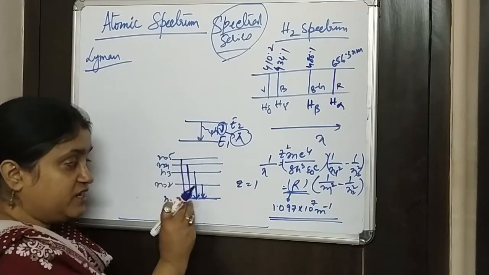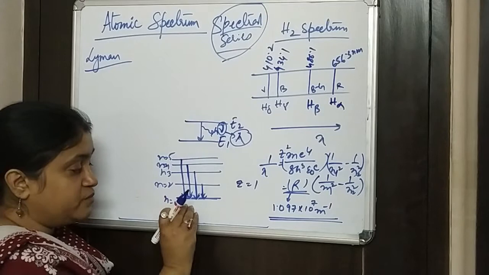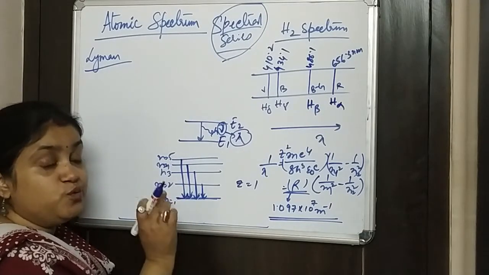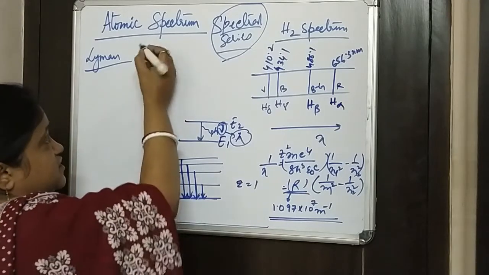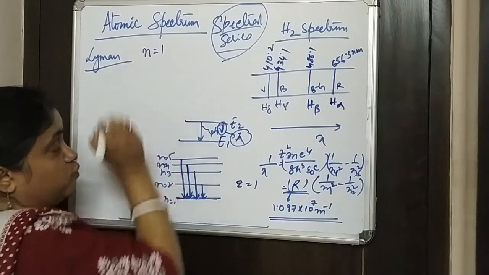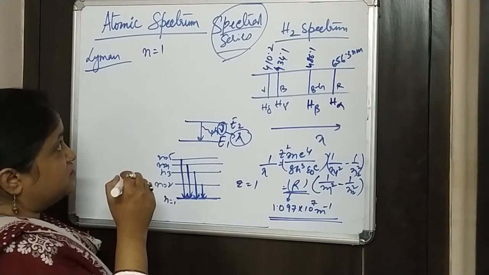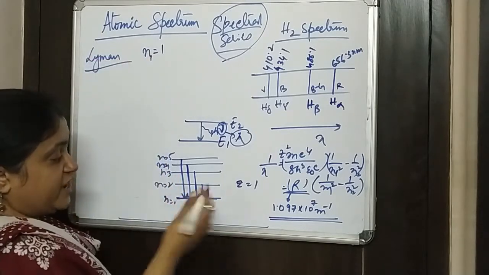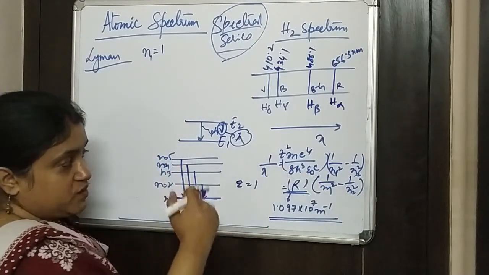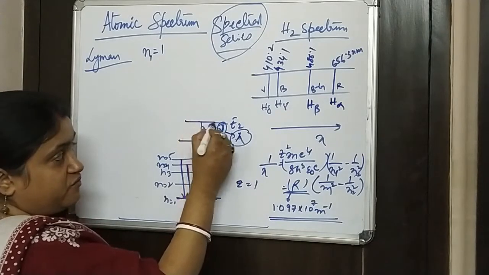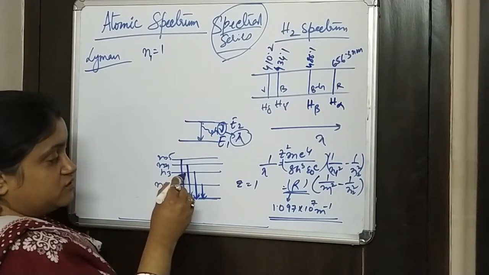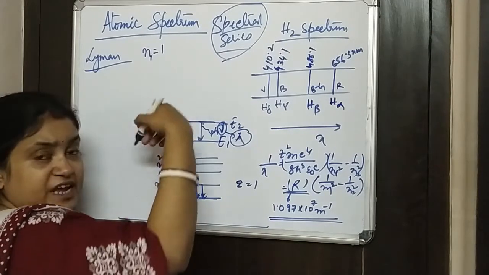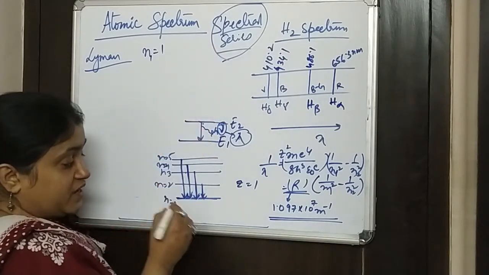Here all the electrons from various orbits have jumped to n equal to 1. This is what we call the Lyman series, which is jumping to n1 equal to 1. So n2 can be anything. Here n2 is the upper level from where it is jumping. n2 can be either 2 or 3 or 4 or 5 or any other level, but n1 has to be